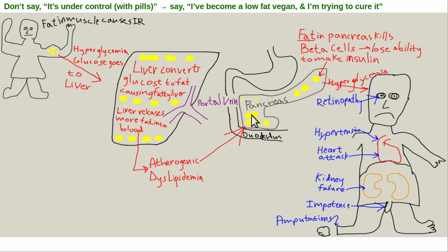They together did work over at Yale with nuclear magnetic resonance spectroscopy, which confirmed this is the first detectable finding of insulin resistance that we can detect with our modern detection methods. Okay, and so then you're not going to be able to make insulin. You're going to become insulin diabetic when the pancreas is no longer able to produce insulin. So this is a little bit of an oversimplification. The loss of pancreatic beta cell function is a little more complicated than that, but that's a good overall introduction